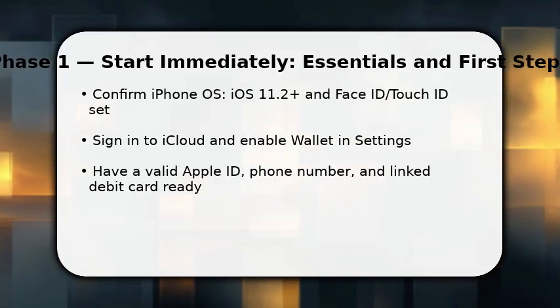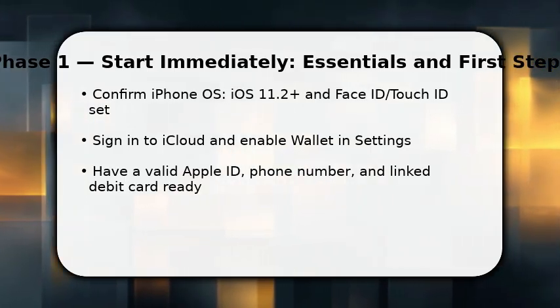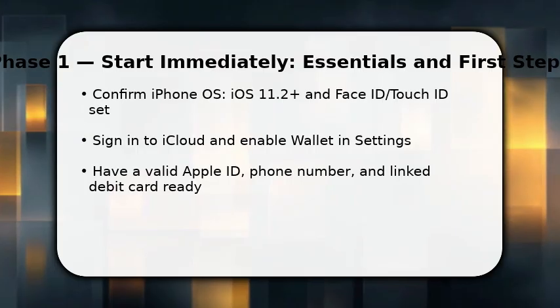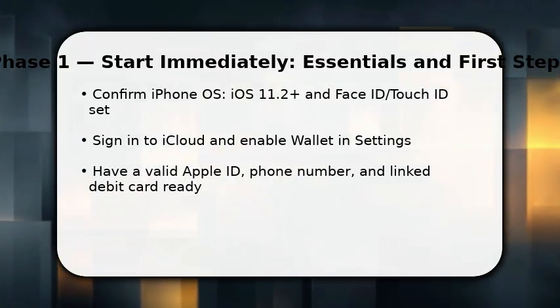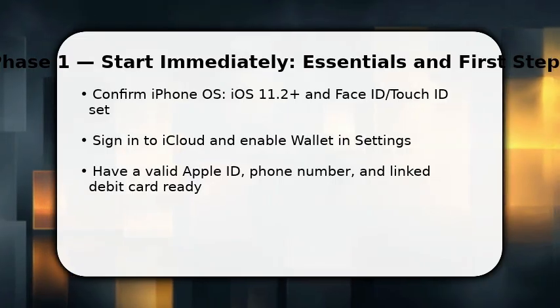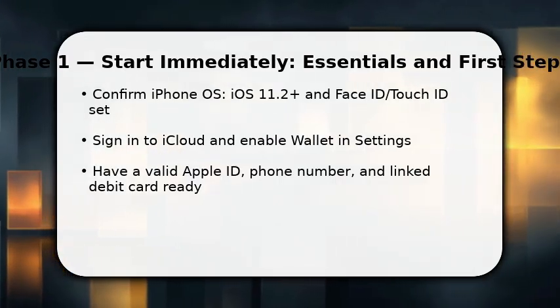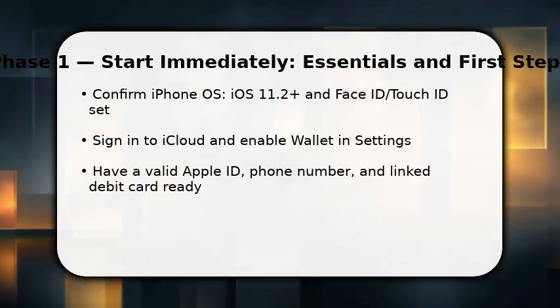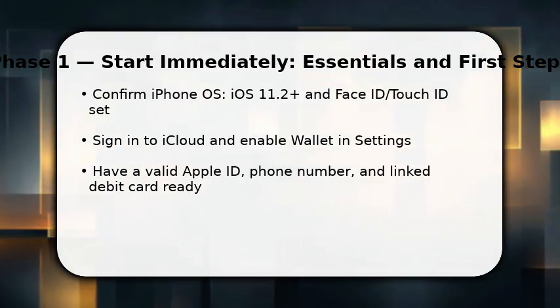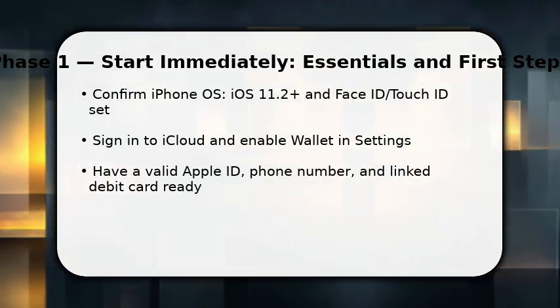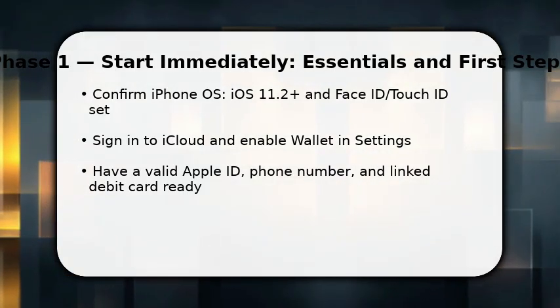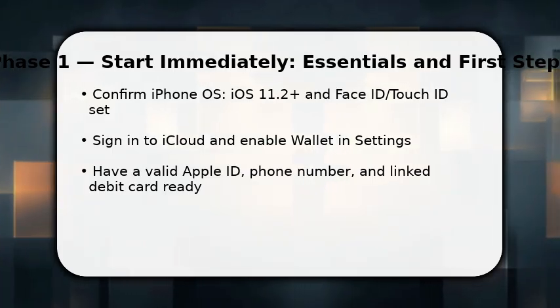You begin by preparing the essentials. Make sure iOS is up to date and you're signed into iCloud. Open Settings, enable Wallet, and verify Face ID or Touch ID is configured. This secures transactions. Once done, open the Wallet app and tap the plus icon to add Apple Cash. You're taking these steps to link identity, security, and payment method, so transactions are protected and Apple can verify you